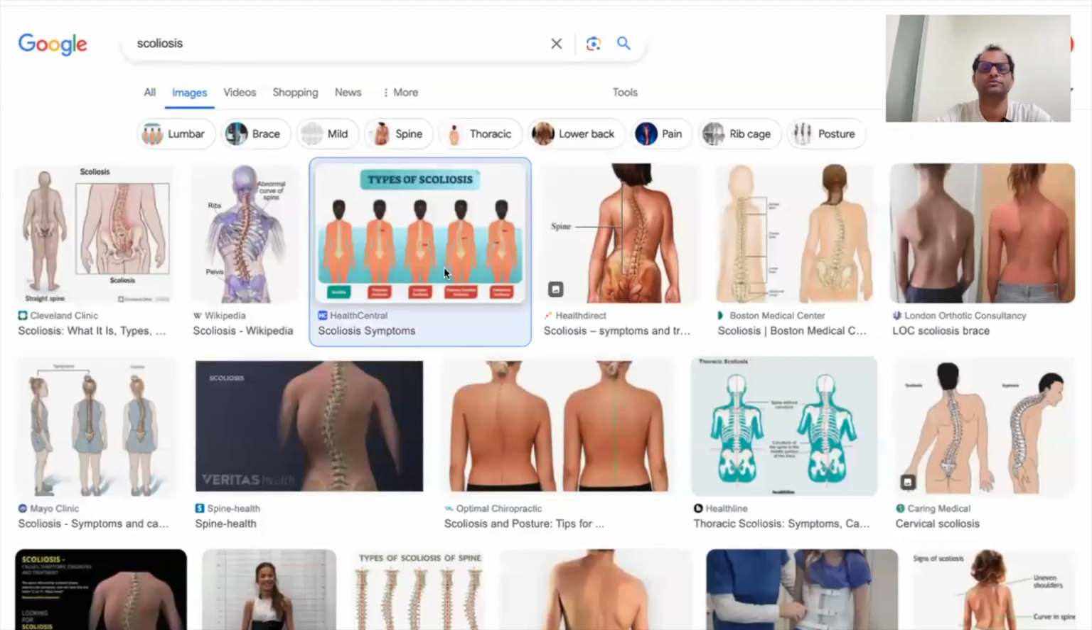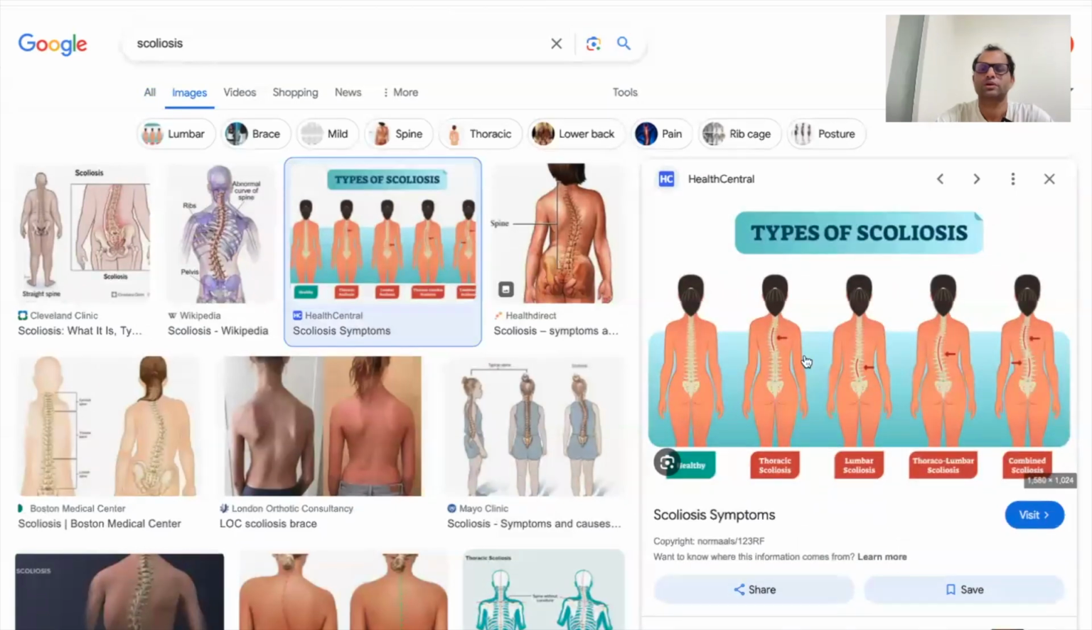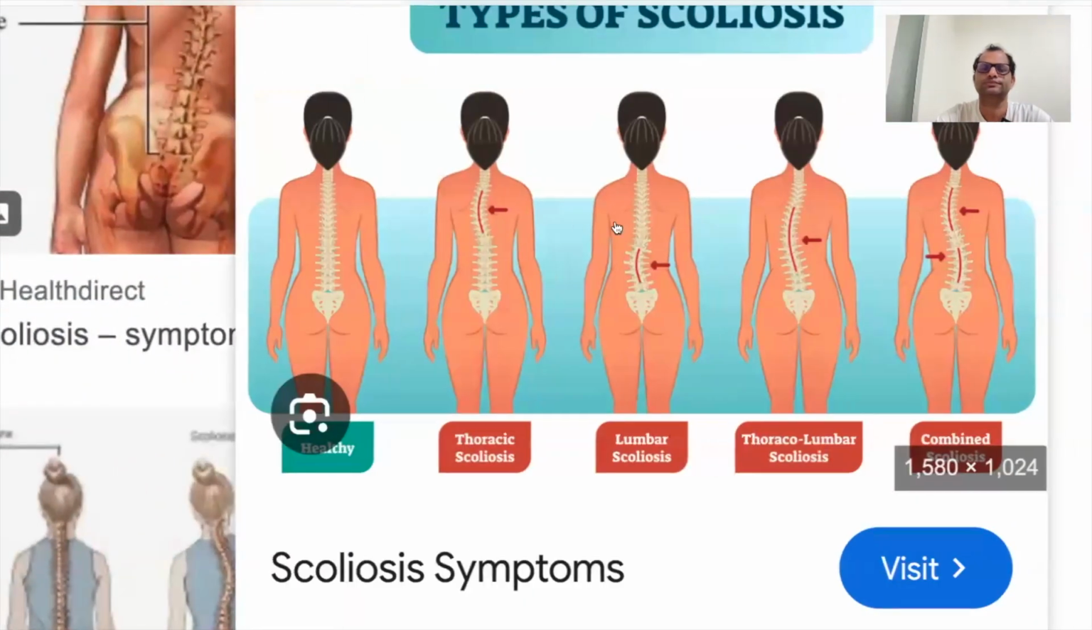Look at this image. Scoliosis in the thoracic region. So it's curving on the side. Scoliosis in the lumbar region. Scoliosis in the thoracic as well as the lumbar region. And combined scoliosis. One is going this side, one is going this side. The meaning of scoliosis